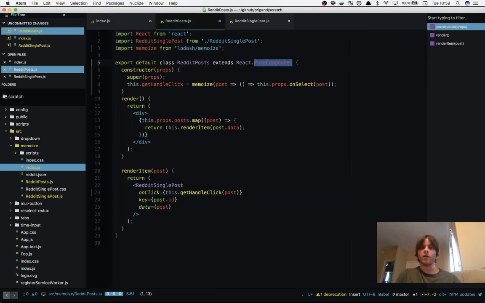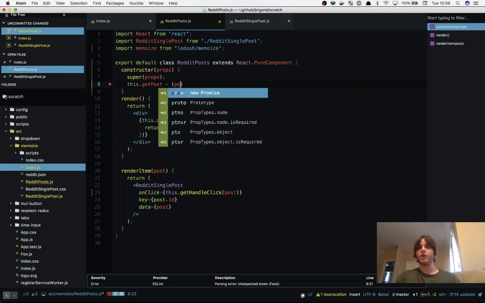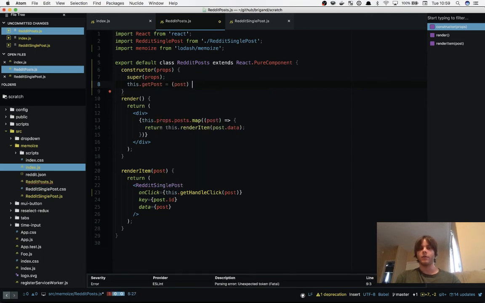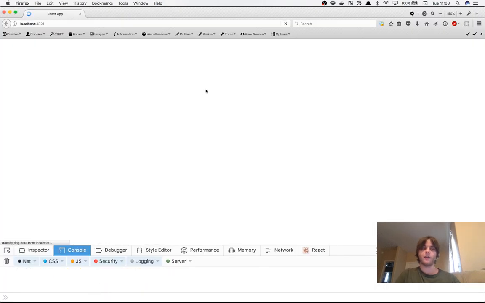So we can do that in our Reddit posts here. We'll just change the example a bit. So we'll have this.getPost, and it's going to take a post. We need to memoize it. It's going to take a post, and it's going to return this.renderItem post. Then here, instead of calling renderItem, we'll call this.getPost, and then we can save that. And if we update over here,